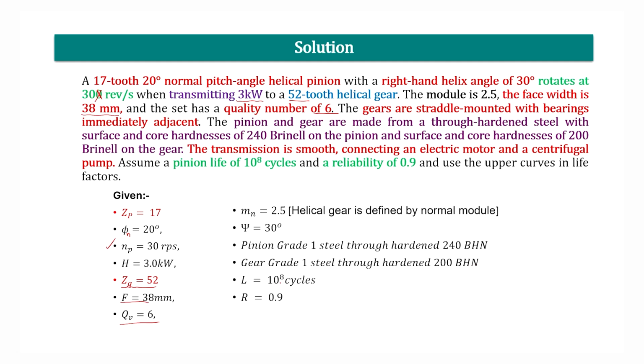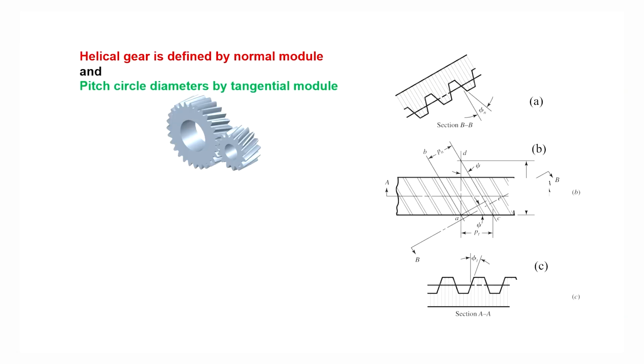Life is 10 to the power 8 cycles and reliability is 0.9. So, with this data, let us start the designing of the helical gear. As we studied in the first problem, helical gears, the teeth are inclined, and we take